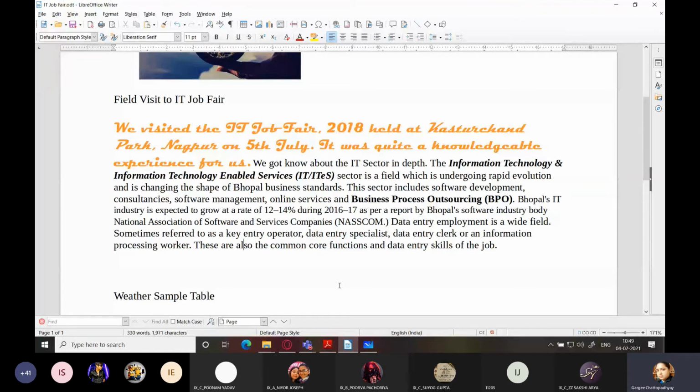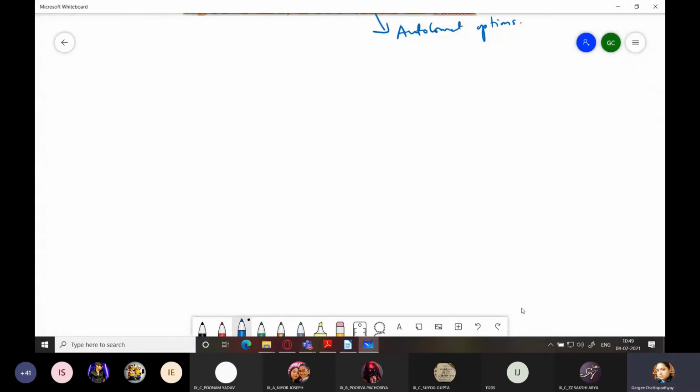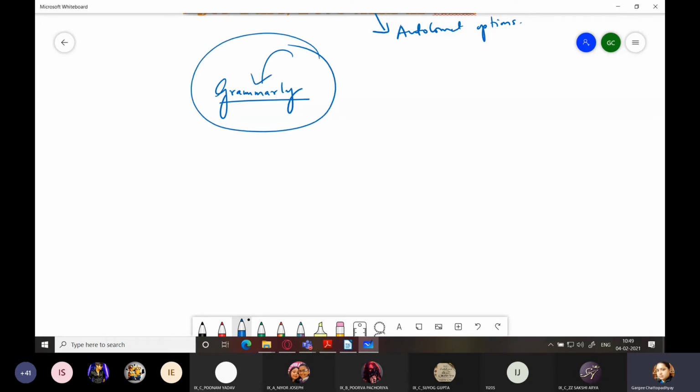And for that matter, if you are still not satisfied with this and you want a nice grammar checking application, you can go for an online tool which is available these days, Grammarly. You might have seen its ads many times while watching YouTube videos. Grammarly is an application which you can install as a browser extension, or you can download the software also.